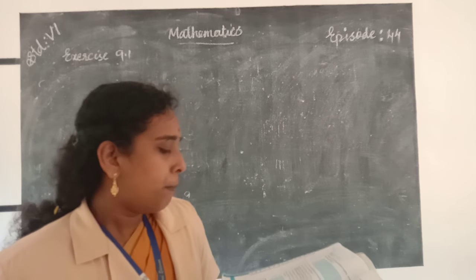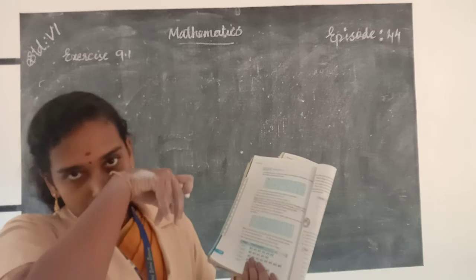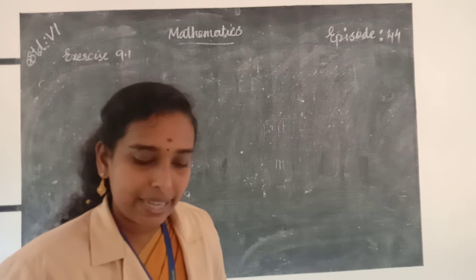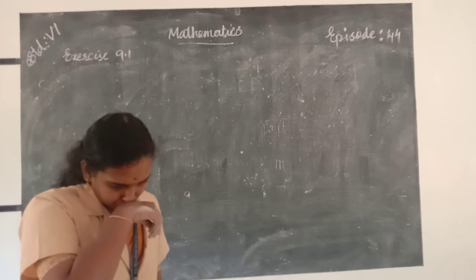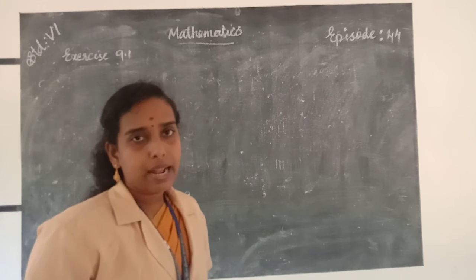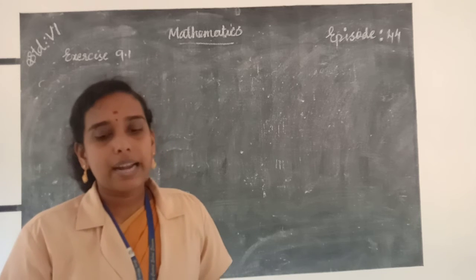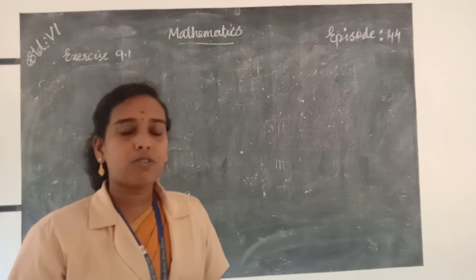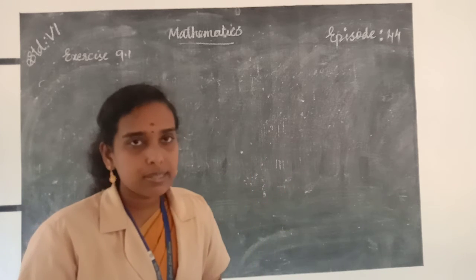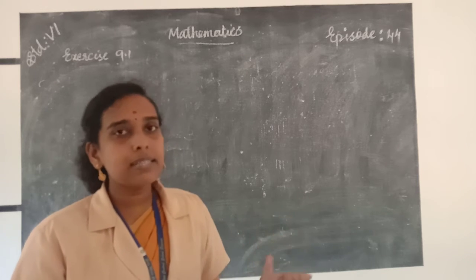We want to make a table and enter the data using tally marks, and some questions are given below, so we want to find the answers from the table. First we make the table. The first column is numbers that appear. Sometimes the number that appears is 1, sometimes 2, sometimes 6. So we want to find the number of times each number appears. For that, first draw the table including the numbers, the number of times each appears, and tally marks.